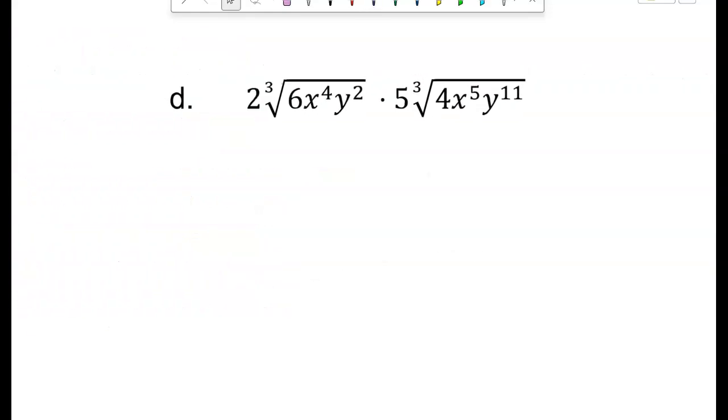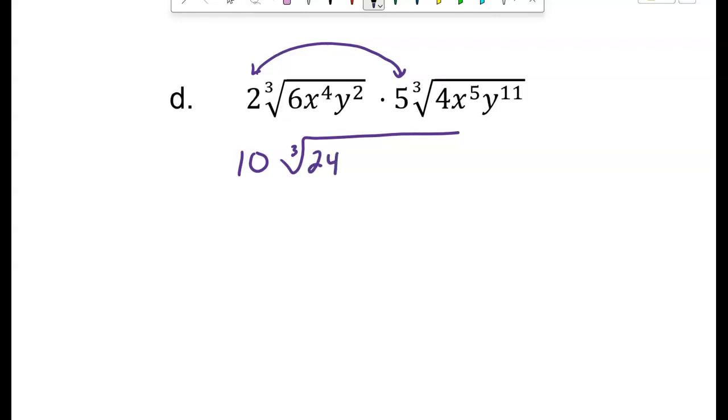Again, the numbers out front multiply together. 2 times 5 is just what? 10. And then I'm going to have the cubic root of our values multiplied underneath. 6 times 4 is 24. X to the 4th times x to the 5th is x to the 9th. Y squared times y to the 11th is what? Y to the 13th. Okay, so now let's do our combo package that we know how to do